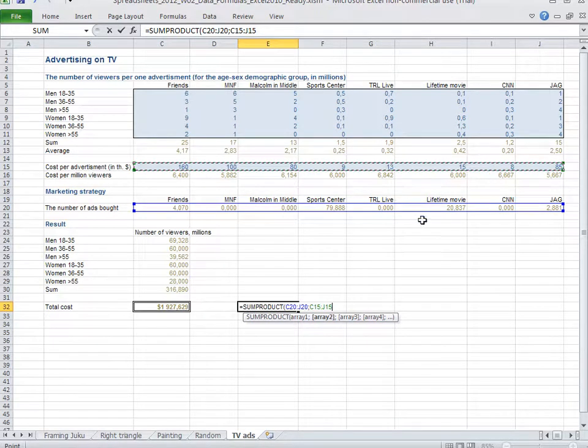And now close parentheses, and as you see, now we have put two different things in the parentheses, C20:J20 and C15:J15. We want to separate them with a semicolon. If a function is fed a number of pieces of information, we separate them with a semicolon,